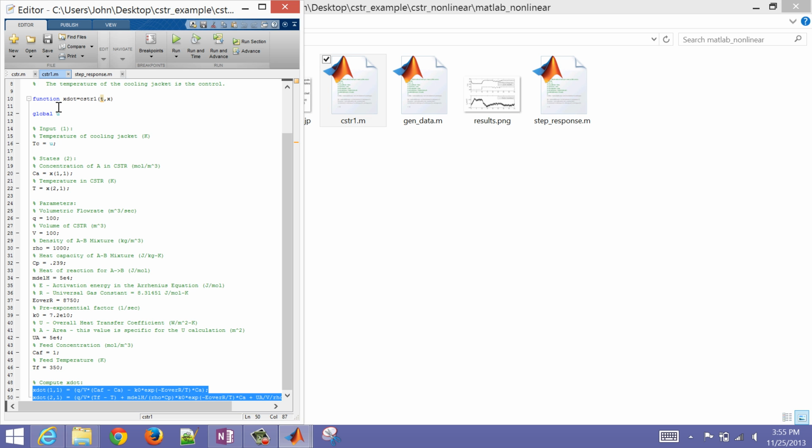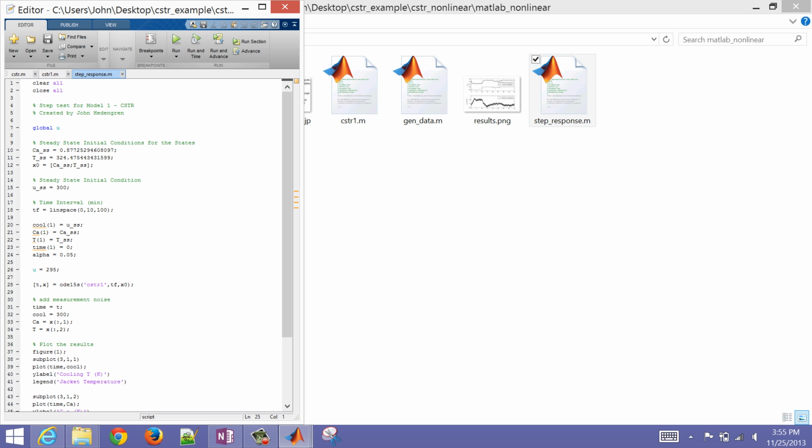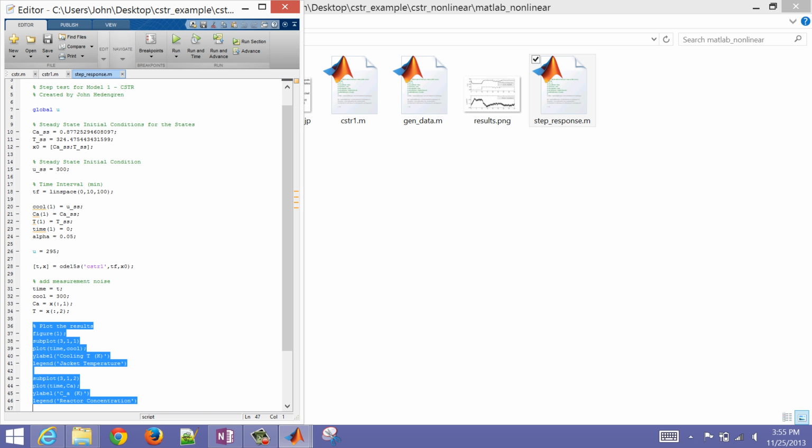Once you have this function, you can have an ODE solver solve it in MATLAB. I have a step response as an example, just setting up some steady state initial conditions and my cooling jacket temperature. Then here's where I solve it with an ODE solver, and the rest of this is just plotting it. So if I run this,